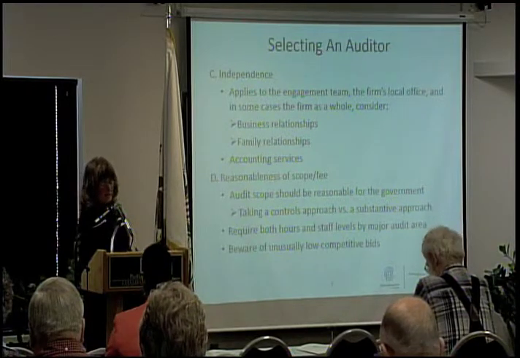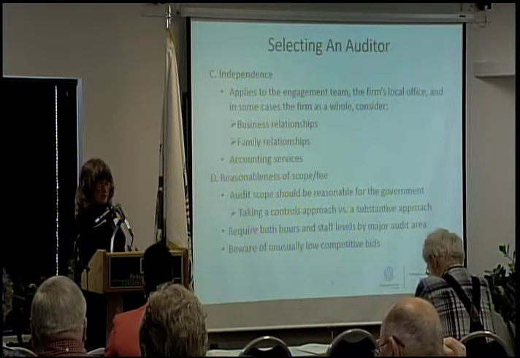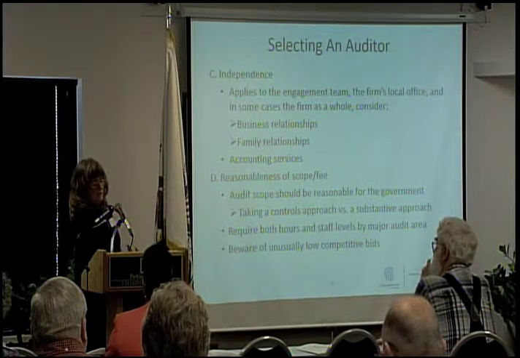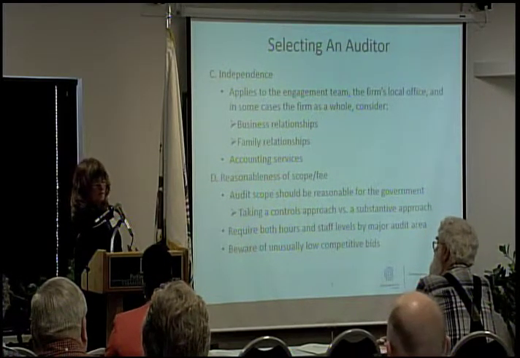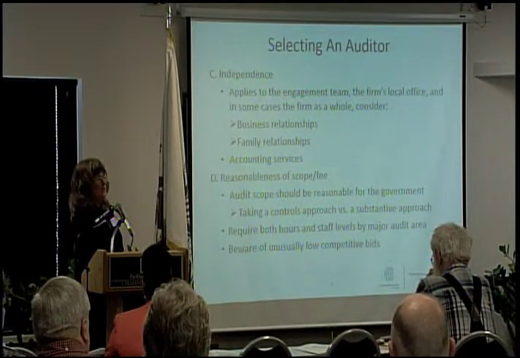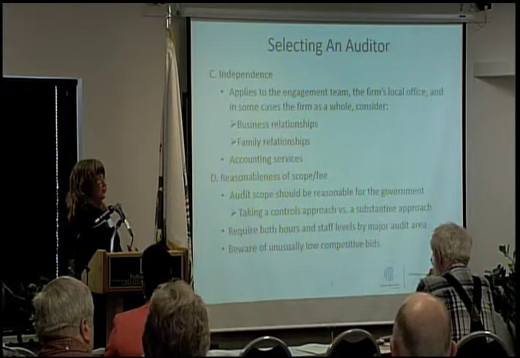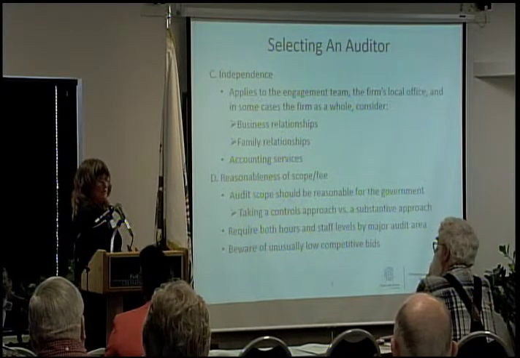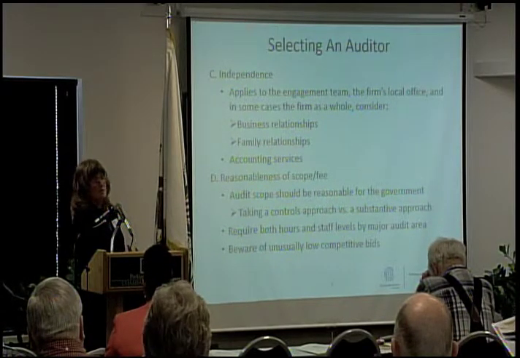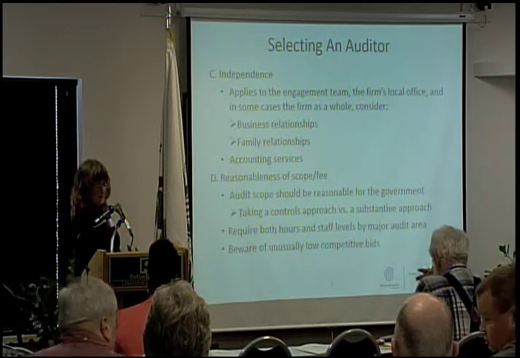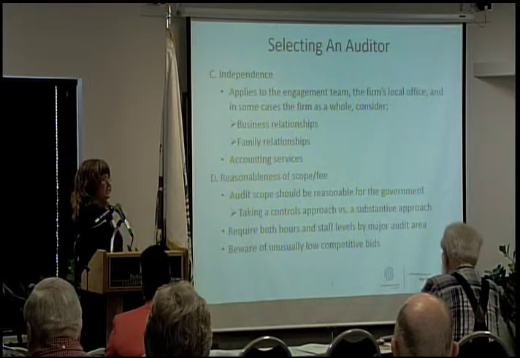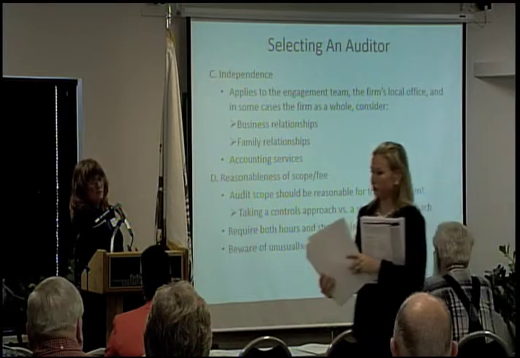Or proposing standard adjusting and correcting journal entries or other changes affecting the financial statements to management, provided that management reviews those entries and is satisfied that management understands the nature of the proposed entries. So a lot of times during your audit, the auditors will propose adjusting journal entries, and they can do that without impairing their independence, but they have to have management's approval to do those. That's why they give management a copy of those adjusting journal entries, and they agree or disagree with them.